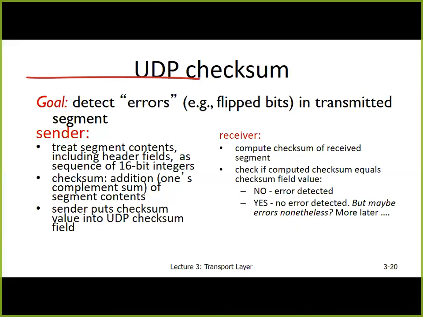Alright. So the sender will put the checksum value into the UDP checksum field. Now on the receiving side, the receiver will compute the checksum of the field. This is, by the way, a very naive way of implementing it. You compute the checksum of the received segment, and you check if the computed checksum equals the checksum field value. If no, then you've detected an error. If yes, you haven't detected an error, but that doesn't mean that no errors have